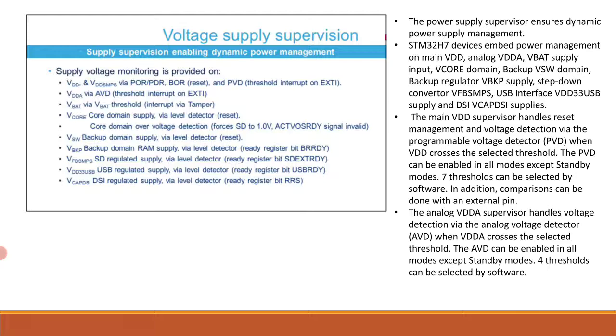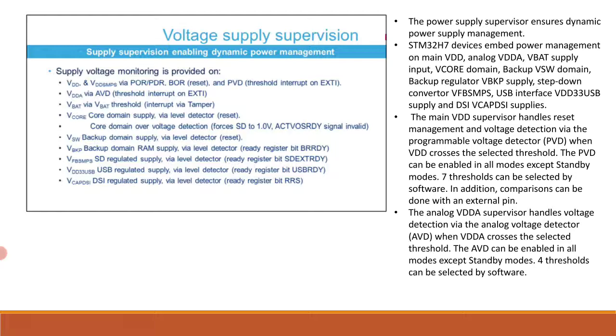The backup domain VSW supervisor handles reset management when the supply drops below the operating level. The backup regulator VBKP supply supervisor verifies that the regulator is ready to supply the backup RAM before entering standby